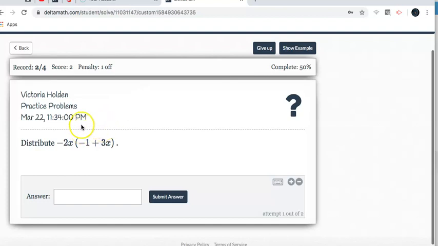I made up some problems just to show you some of the features that you might need. This is just a quick, easy problem using the distributive property. So -2 times -1 is 2x, and then -2 times 3x is -6x squared. So -6, and if I want to get the x squared, I have my x, but I need an